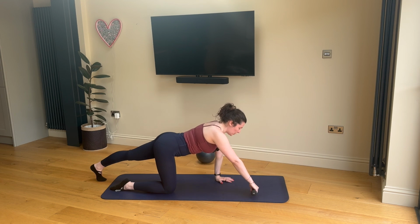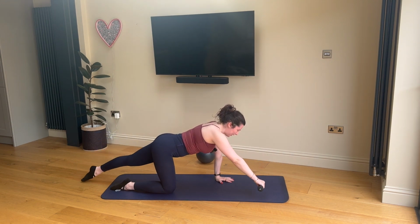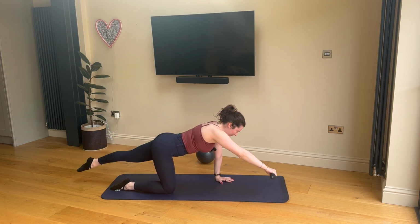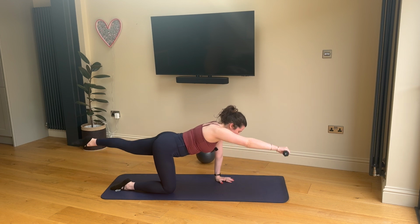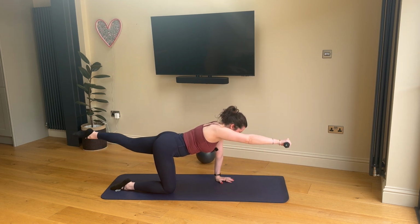Inhale, extend your right arm. Exhale, you're going to lift the arm and the leg into your tabletop Superman. And then inhale, bring them down to tap the mat. Exhale, lift. Inhale, lower. Exhale, lift. Inhale, lower. For 8,